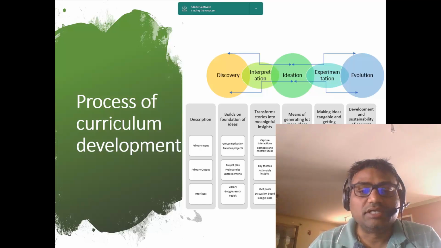We combined this strategy with project management, where you have a clear input and output for each phase of this development. And you can see the interfaces that we used. We used online ICT tools to make this curriculum happen.